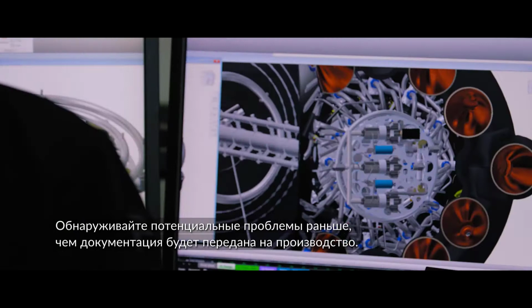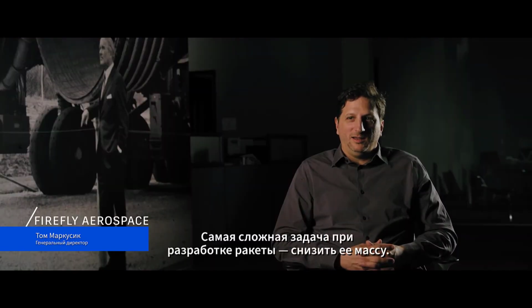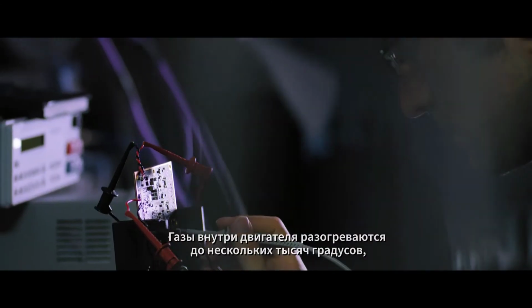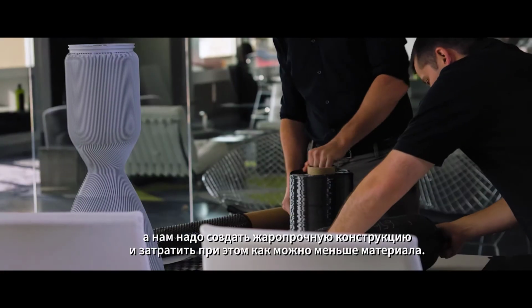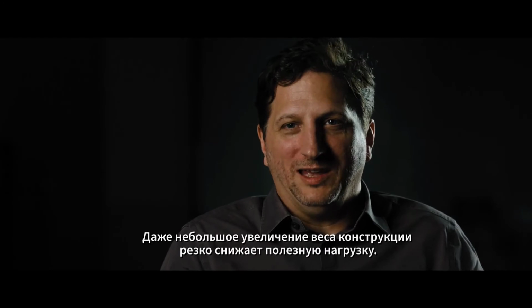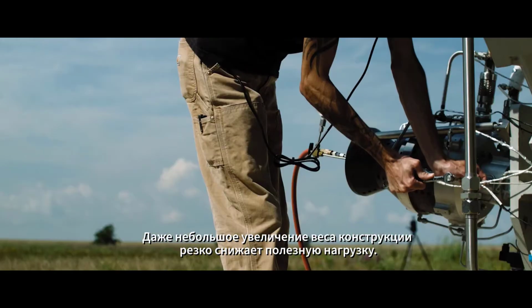Identify potential issues before they are real-world problems. The biggest challenge in engineering a rocket is keeping the weight down. You know, you're trying to contain a 6,000 degree gas, and you're trying to do it with the absolute minimum amount of material that you can. So if you mess up the engineering or the construction of it even a little bit, you're very quickly cutting